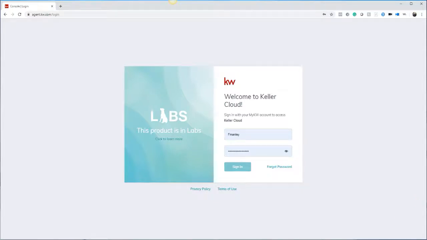How to create a landing page in Command. So what we're going to do is we're going to actually create a property landing page inside of the Command system. So you'll log into